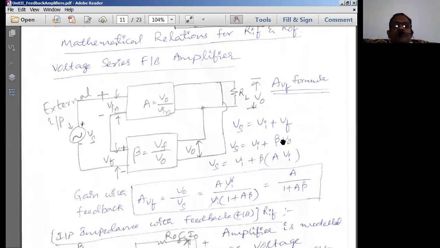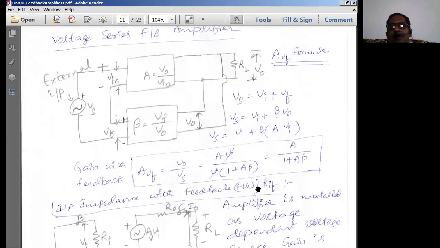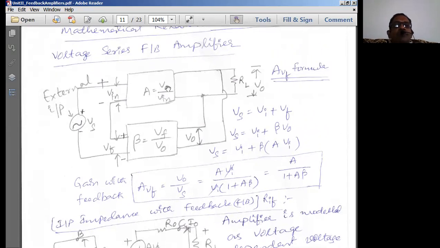Now these four methods are normally used for 5 marks questions. Whenever a 5 marks question is given to you, you have to compulsorily solve for all these things. Okay, let us go to this block diagram now. A is an amplifier with open loop gain, where V naught is the output voltage, Vin is the terminal input voltage of the amplifier, beta is the feedback network, and the output of feedback is supplied to the